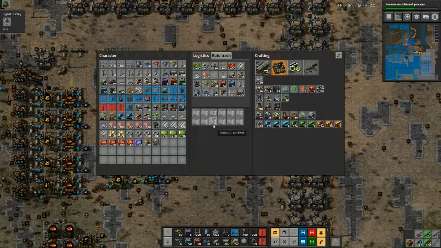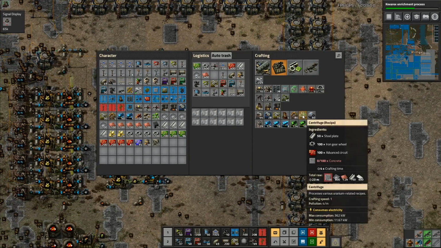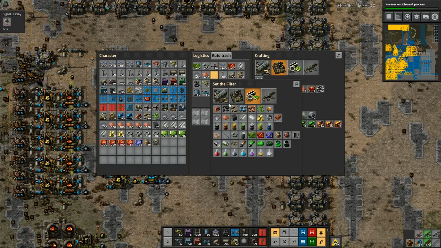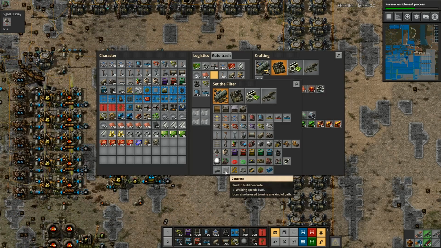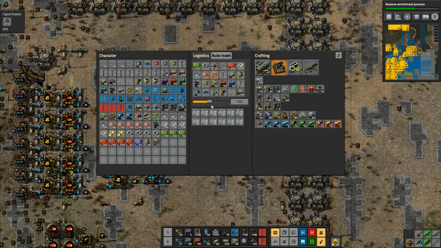Next up, we need to go into here, and we need to make a centrifuge. Now, I require 100 concrete to make this bad boy, and I've got a severe lack of concrete right now, because I've gone and demanded that we place concrete over every single little tiny inch of our base. So it's going to take them a while to get through that. So I'm going to request